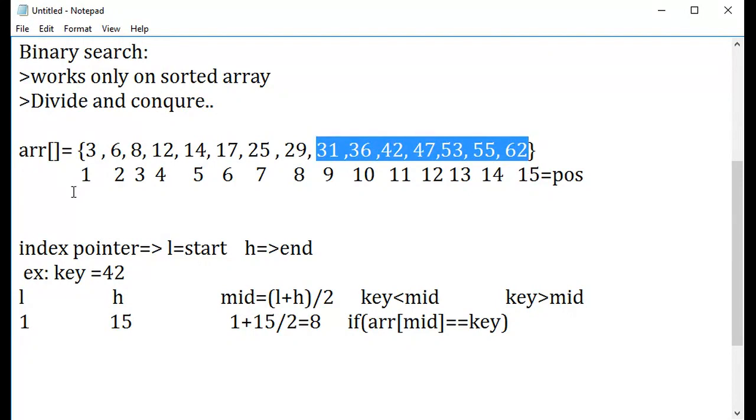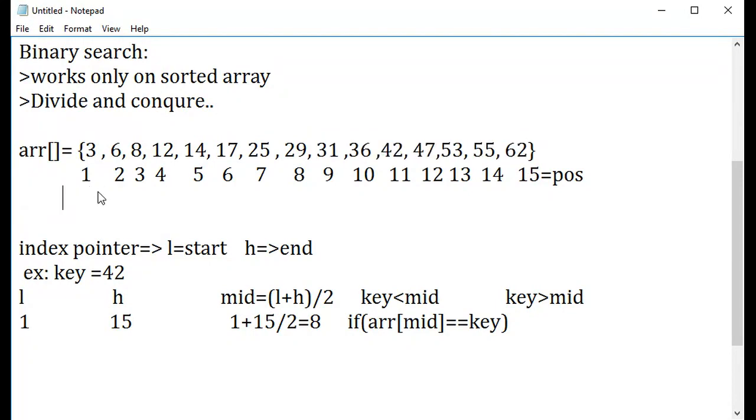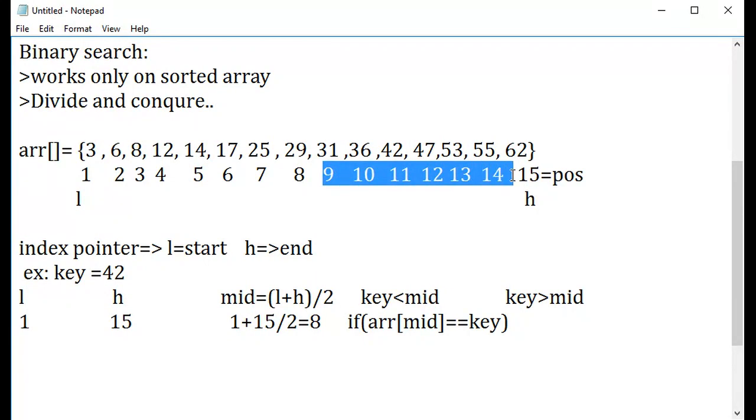I know that this one is already given the name lower index, and this one is given the name higher index. The last position is given the term higher index. Right now, I have found that the element I'm searching for is within this range. So what are you supposed to do? You are supposed to set your lower index from this. It is not required to include your mid value, guys. The reason is that here itself you have checked whether the particular value equals the mid value. So it is not required to check again, and you can move your index position to mid plus 1.